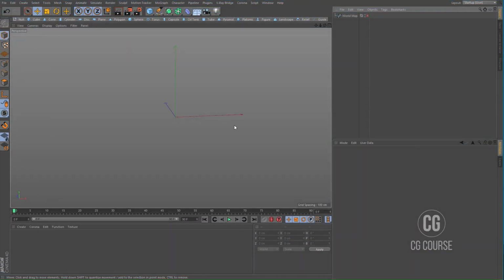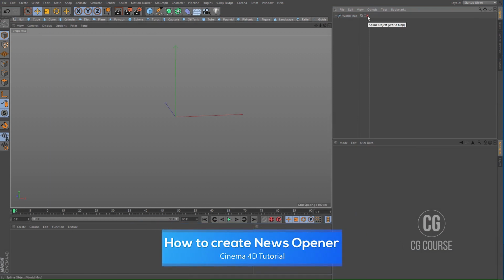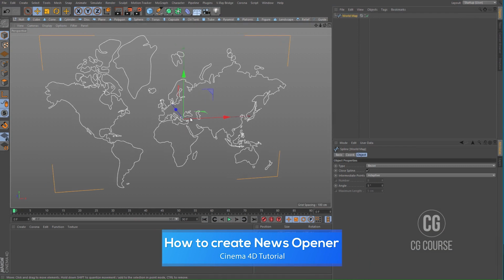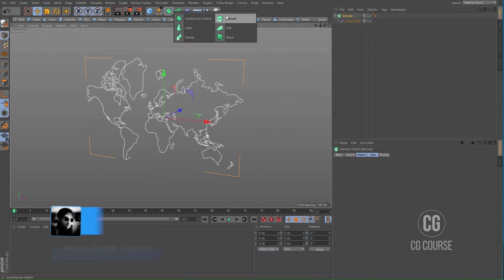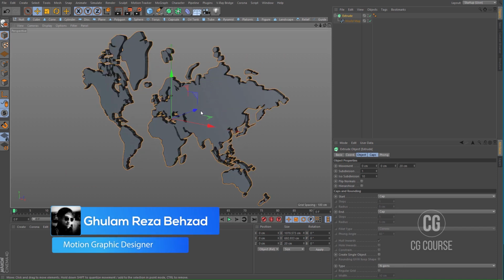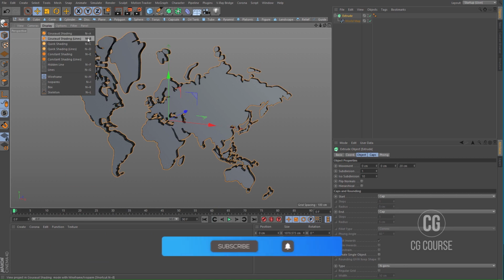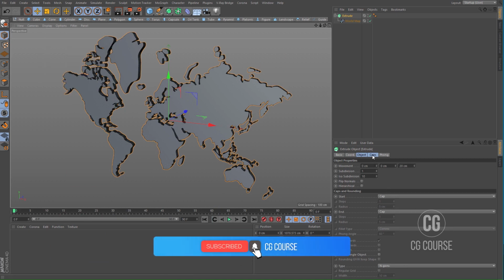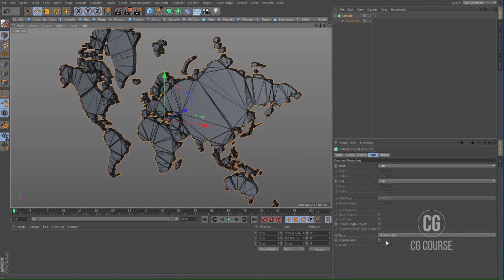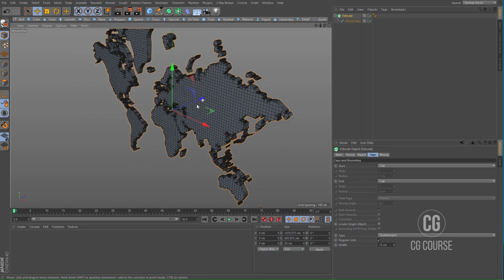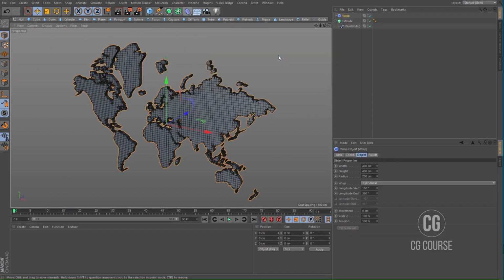Okay, let's get the job done. First of all, import the world map, and this is the world map that I'm using. Here it is, as you can see. Now let's put it inside an extrude generator to make it 3D, and activate Go to Shading Lines or press N B to see the edges. Now change the type to quadrangles and activate regular grid. So far so good. Add the warp modifier